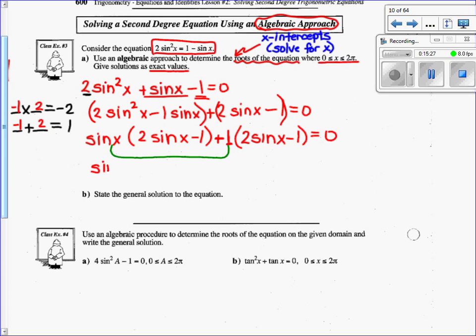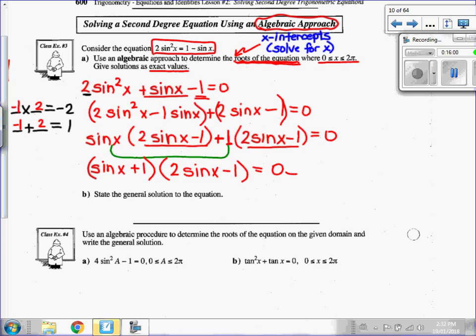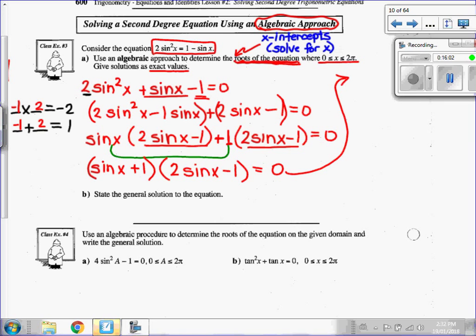So I've got sine x plus 1 as one of my factors. The other factor is 2 sine x minus 1, right? These are the same, okay? And they need to be, so that I know that I've done it right, okay? Now, because this is an equation and I have to solve for x, I want to find my roots, I'm going to set sine x plus 1 equal to 0 and 2 sine x minus 1 equal to 0. Okay, I'm just going to have to finish that over here, so we'll bring this back up over here. I hope you have some space